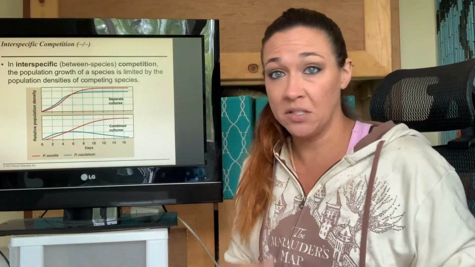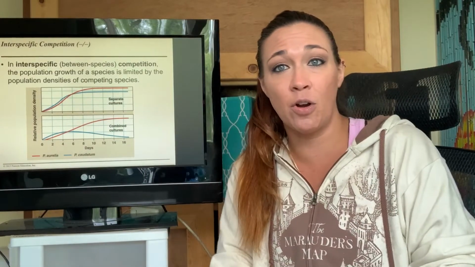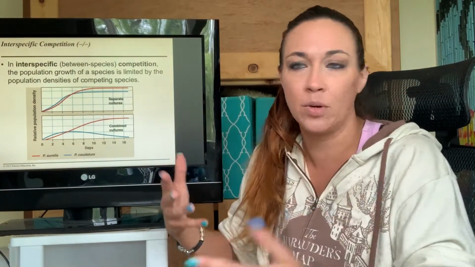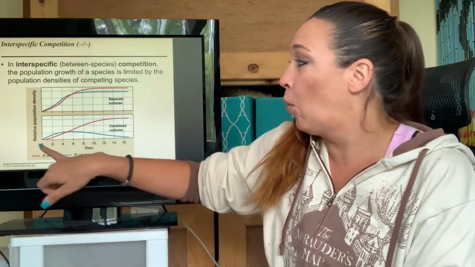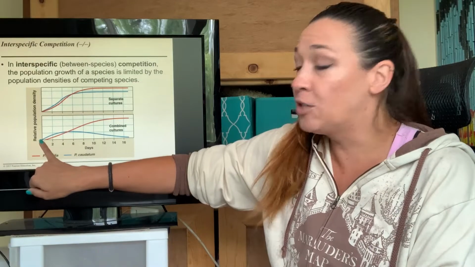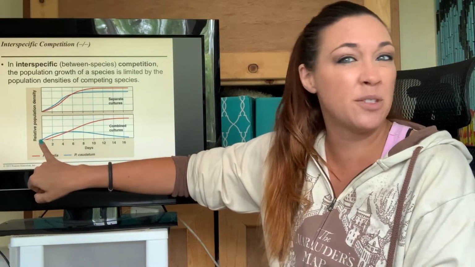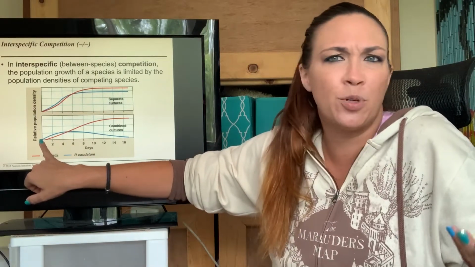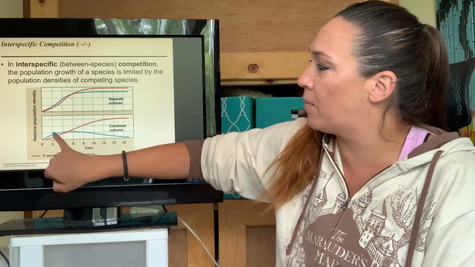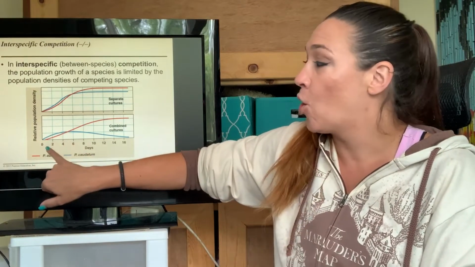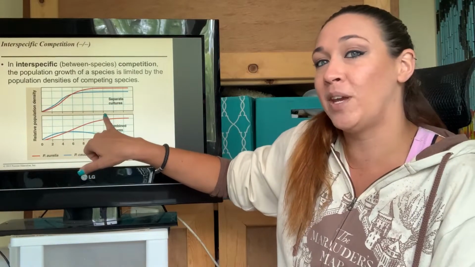True of most species, right? They reach that carrying capacity, they can't grow anymore. The population, not obviously the organism. Now, when we combine red and blue together, what you can see in the beginning is blue actually starts to do better because maybe blue grows faster, reproduces quicker, who knows, right? So blue does way better than red in the beginning, but at a certain point, red starts out-competing blue.